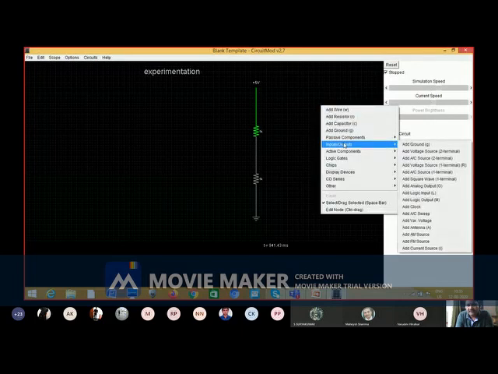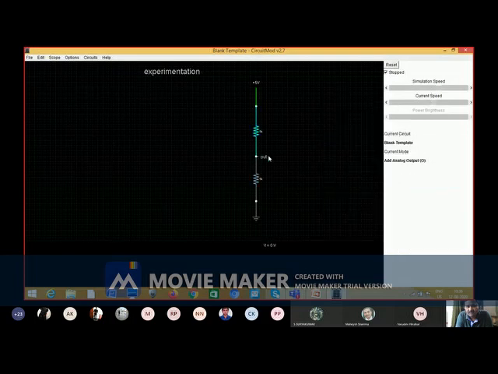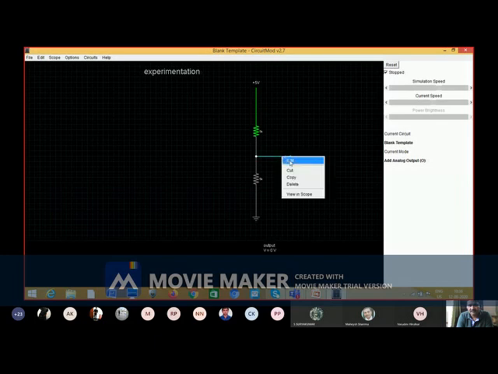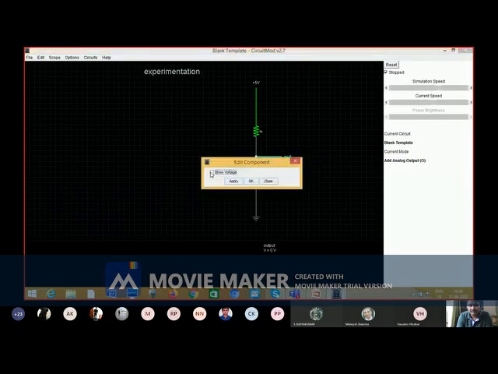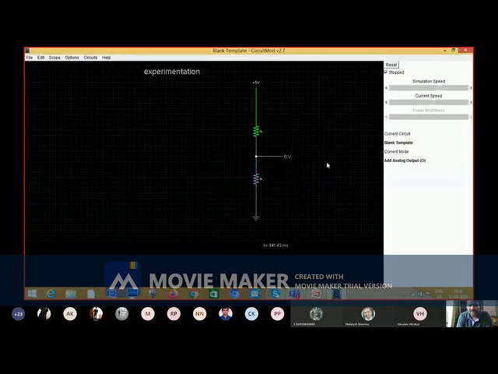And second thing, I will take this analog out from this and I will select show voltage over here. Now my circuit is ready for the potential divider part. Now I untick this.